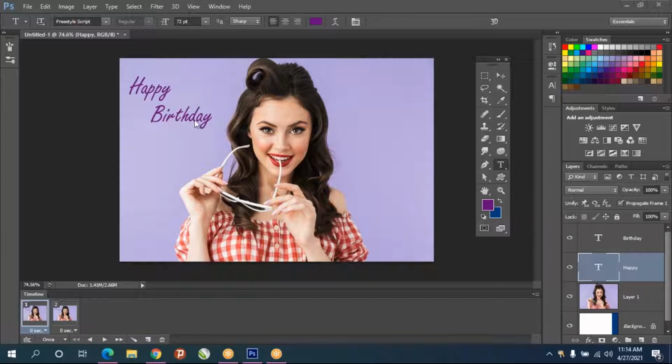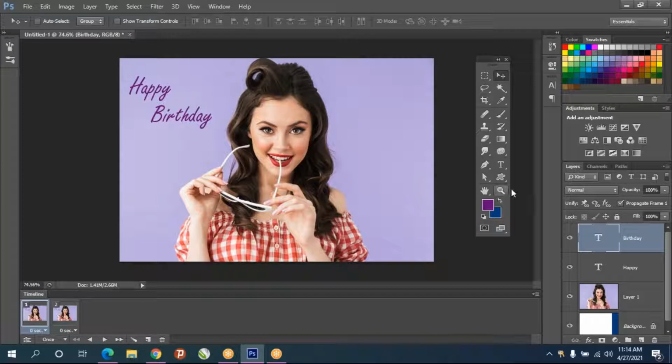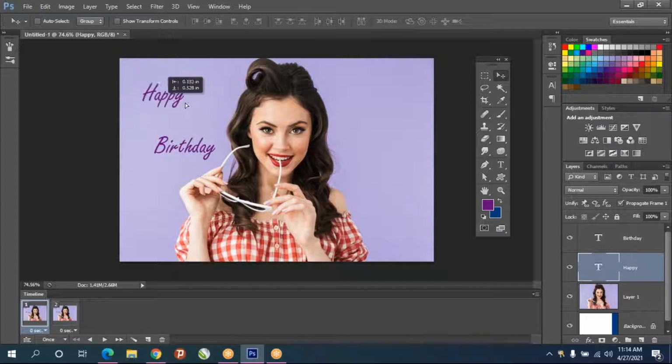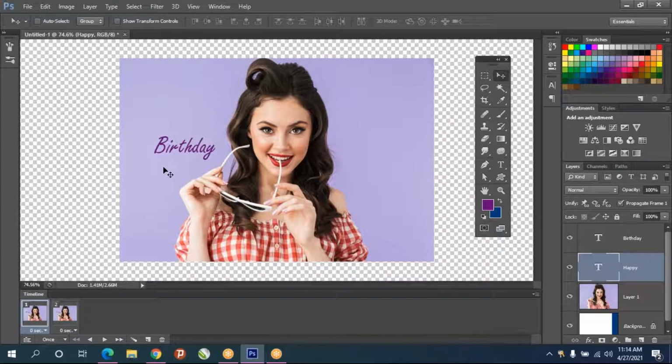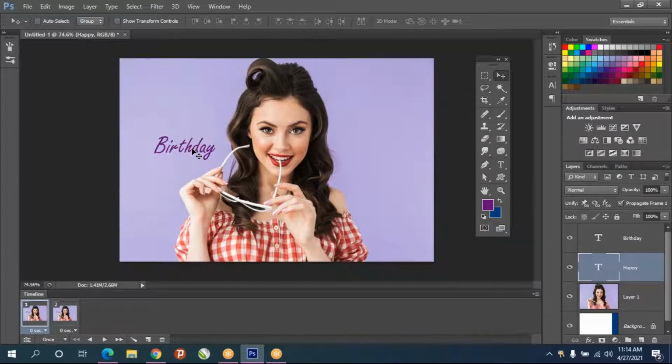After that, what do you do? Take the move tool. This text you can move wherever you want. Okay, and the happy, this also you can move. Select the first frame, and in the first frame you keep the text out of the screen, and this also.